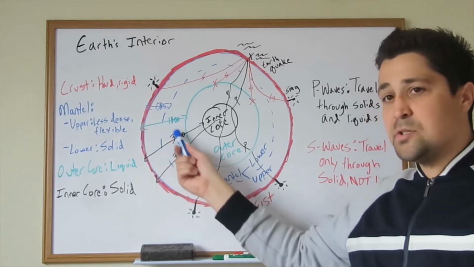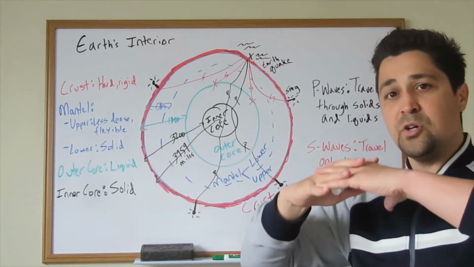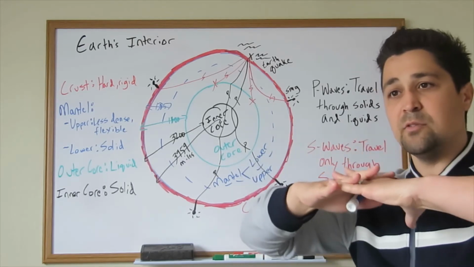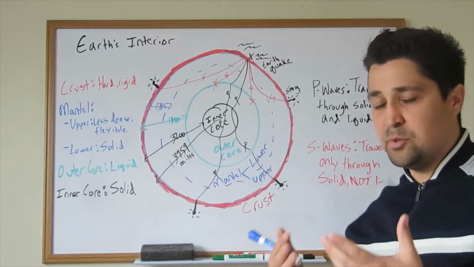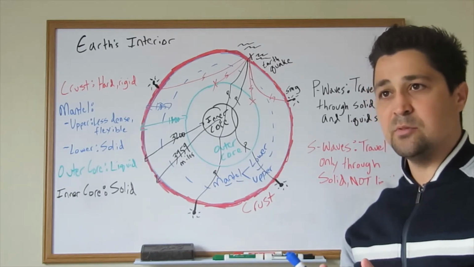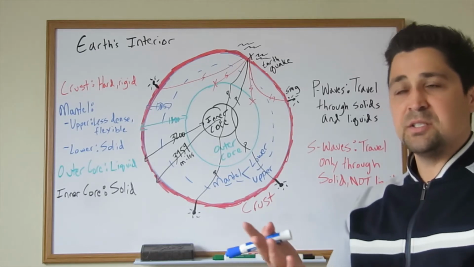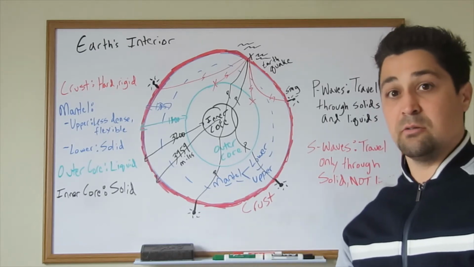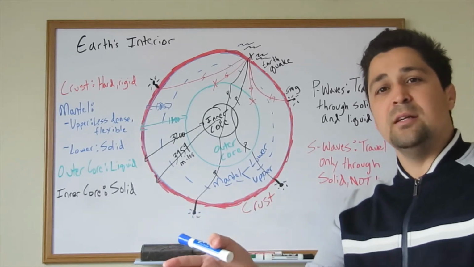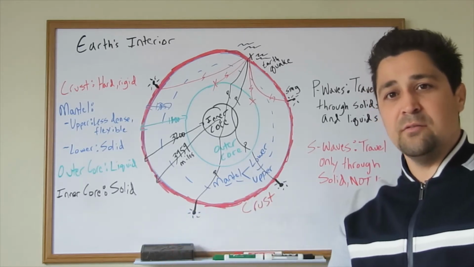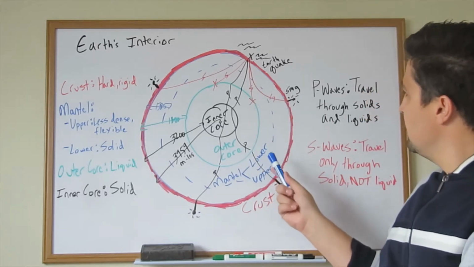But again, the mantle is all considered the same thing. And then once we get to the crust, we have another solid that is very breakable. Okay, very breakable. How do we know this? It's important to know how this is even possible, how seismologists and geologists came up with these theories, right? It's not exactly something that we could send a ship down the middle of the Earth and figure out. So this was figured out through